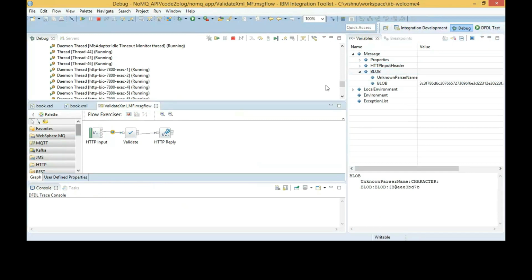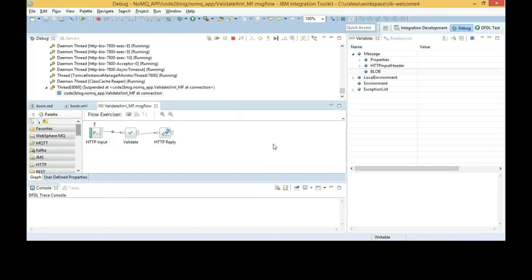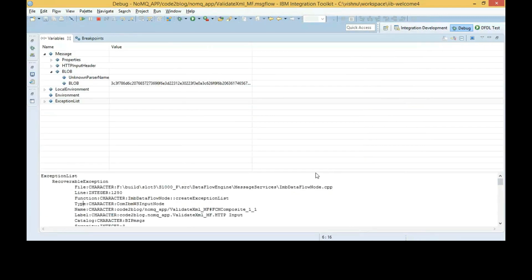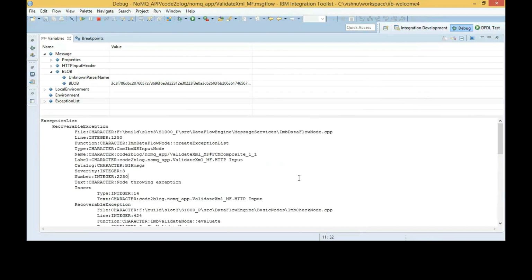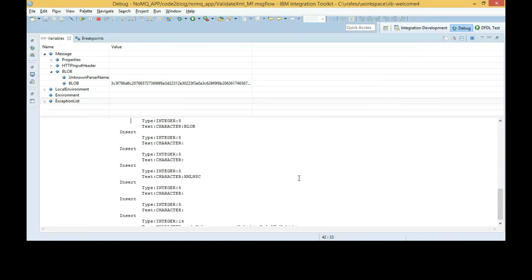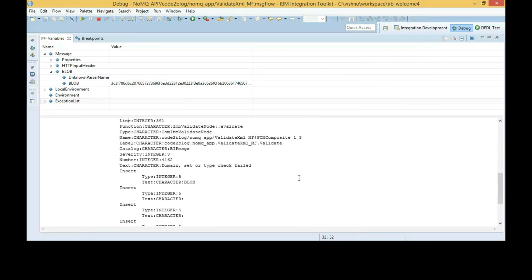These are the message trees that you see at the debug breakpoint. If you go further, it will cause an exception at the validate node, and here you see that domain set or type check failed.